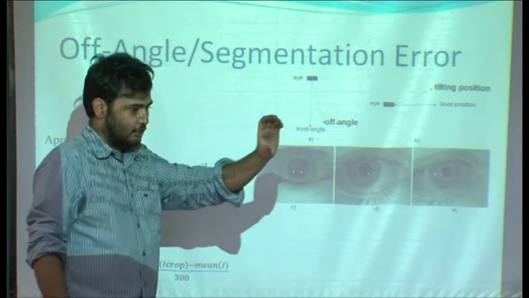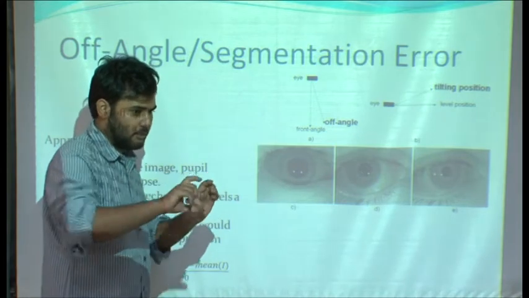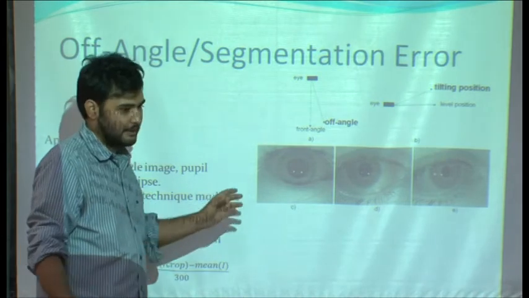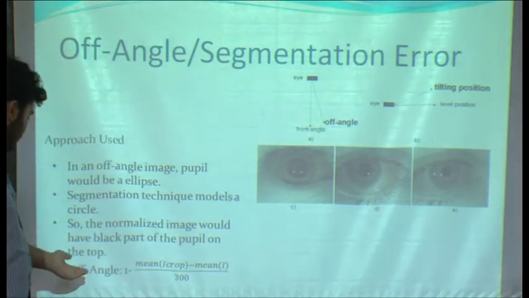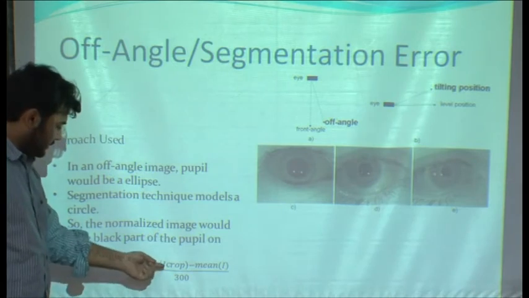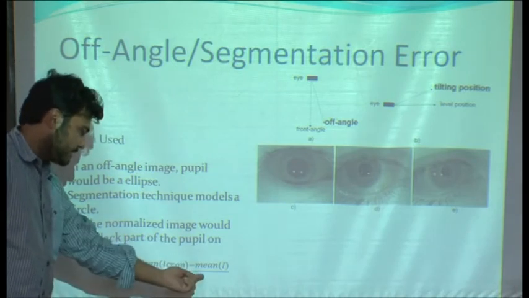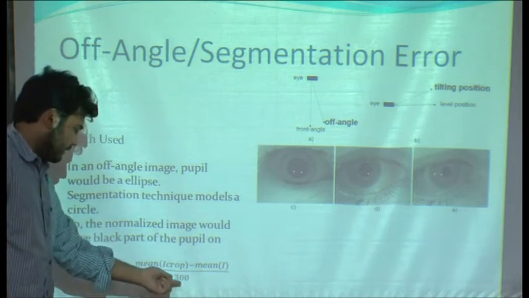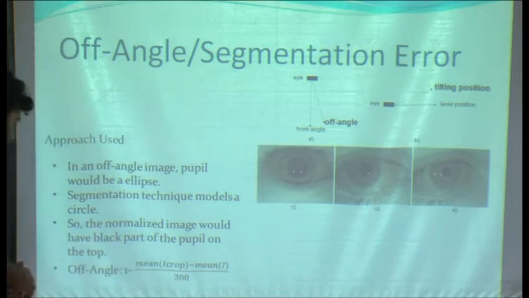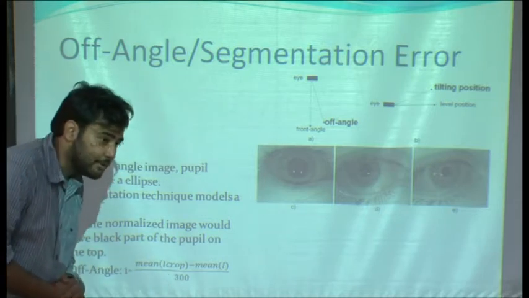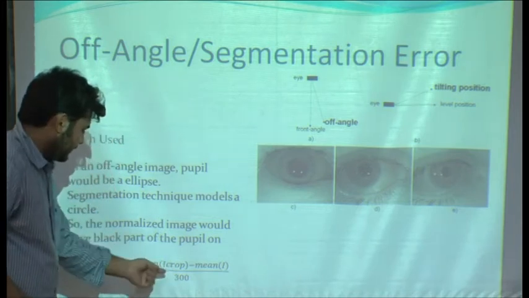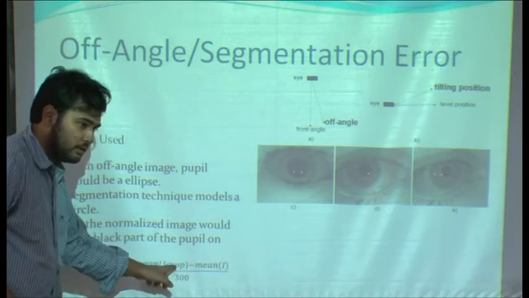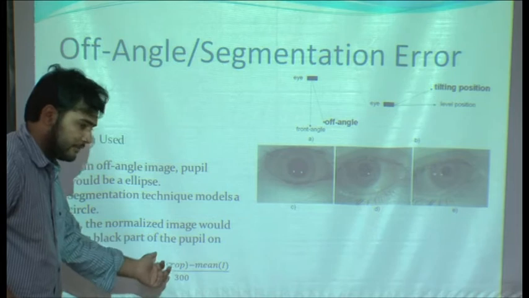So I analyzed the top layer, as in the top 20 pixels of the normalized image, and I saw what the intensity of that was, and then I used this formula. Basically, this is the cropped image, and this is the average intensity, just to have a normalized measure for all the images, and then this is the normalizer. Why 300? It is not necessary that this value stays under 255; it can go above that.